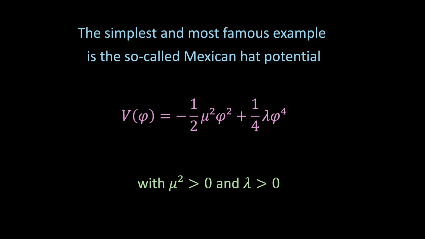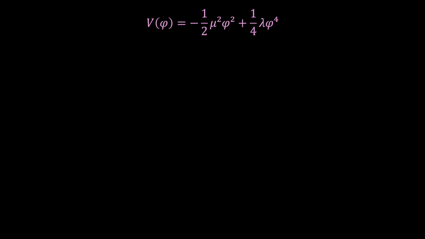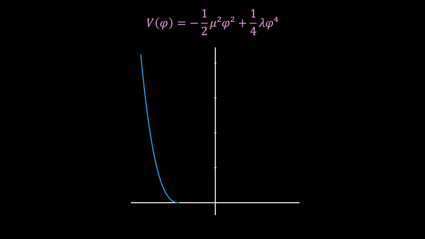Strictly speaking though, in our toy model with a single real scalar field, we're just looking at the one-dimensional double-well slice of that potential. We can see this most clearly by plotting the potential function with phi on the x-axis and the potential on the y-axis, and we see the characteristic shape appear. Okay, so what is so special about this particular potential function?